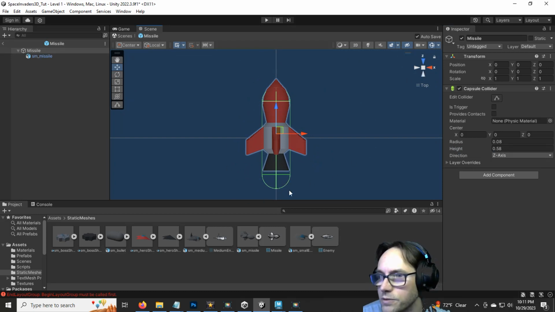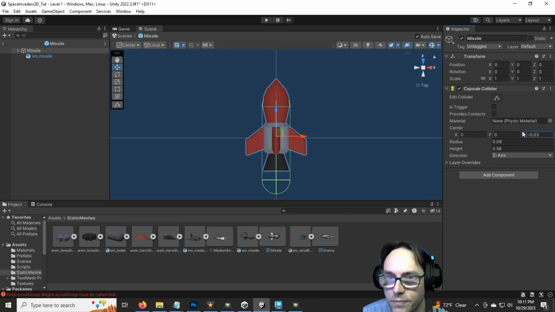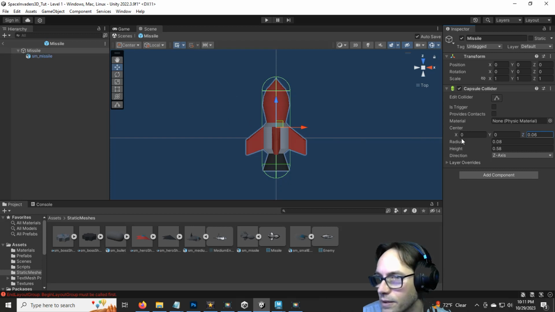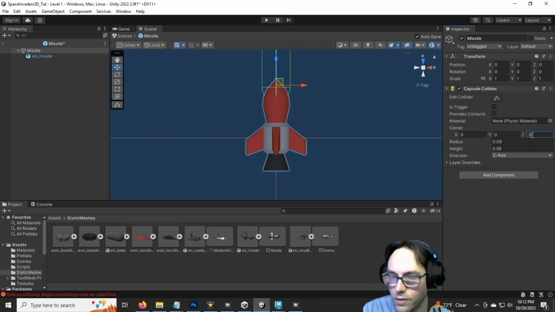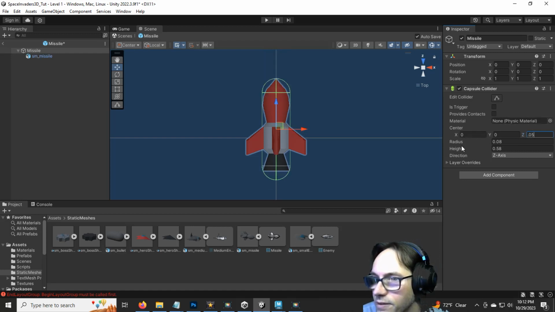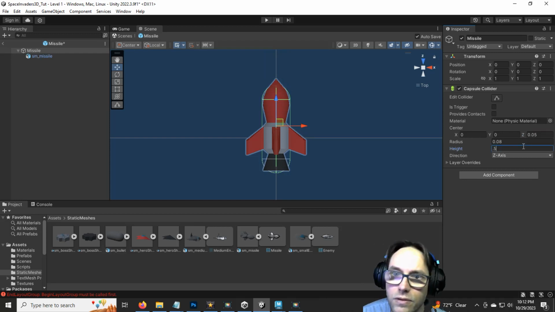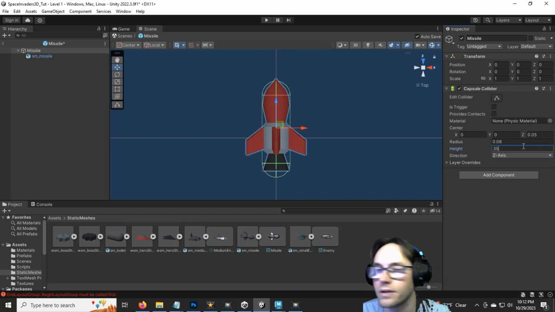So that looks pretty close. I'll adjust the center of this. So I have my Z. I'll take my Z value. I'll move it forward some. And that looks pretty close here. How about 0.05? Sorry. 0.05. And then for the height, maybe I'll make that 0.5. There we go. The reason why I pushed to 0.55 is just so if the missile is real close, you